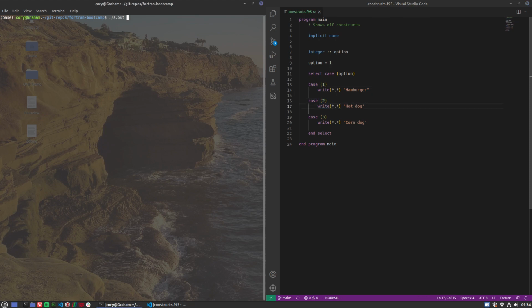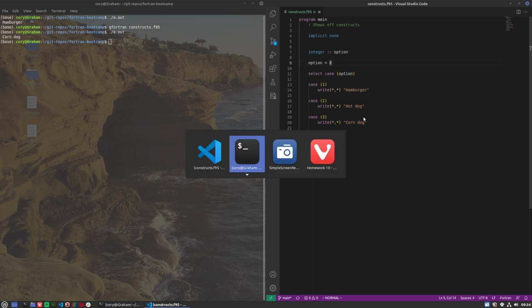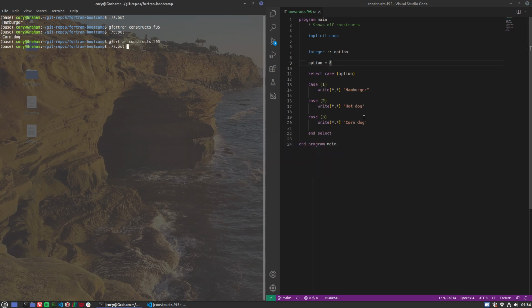So if we run this right now, since option is 1, it should print out hamburger. We can change that to 3, and it'll print out corn dog. Now, if we were to do 8, there's not an option for that, and so it's not going to do anything in this case, but you want to